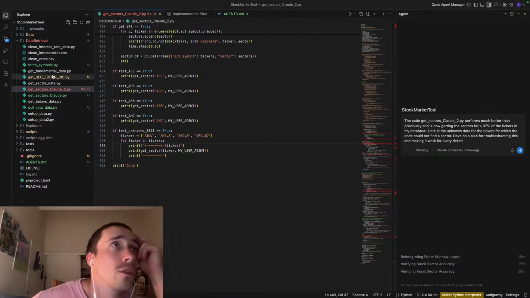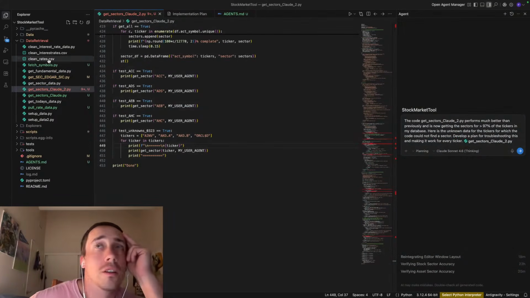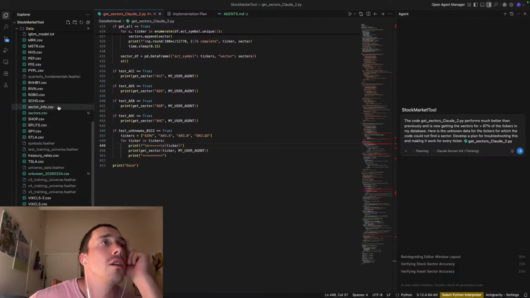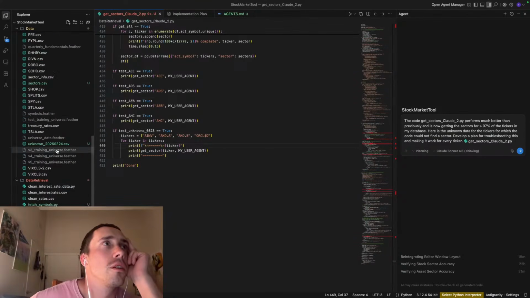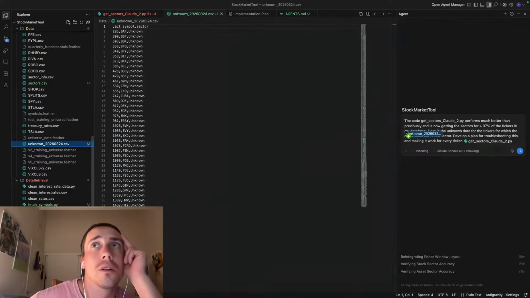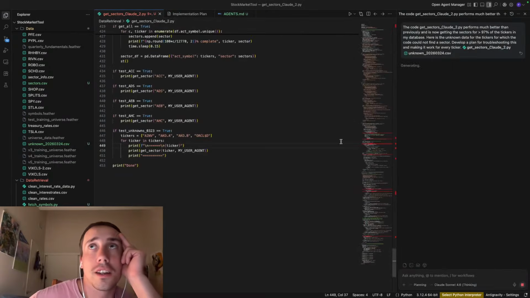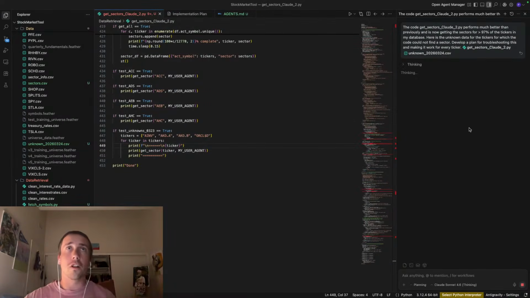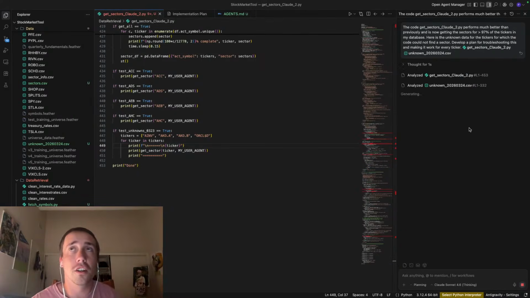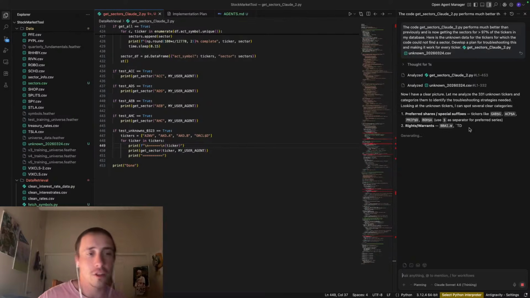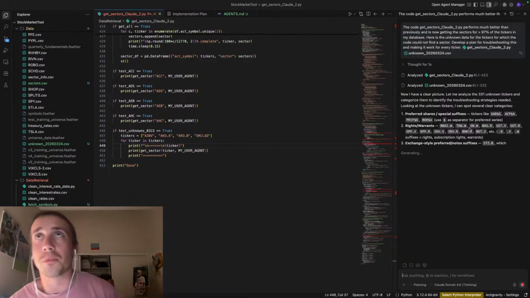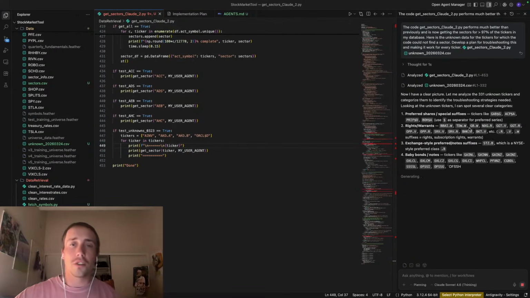So let's give it the code, and then let's also give it the data. So data, unknown. Here we go, and give it that. Send. Okay, so now it's going to develop a plan before it does anything. I could go look at that plan. I'm using Claude to create the plan, and then I'm going to use Gemini to implement the plan. So let's see what it says.